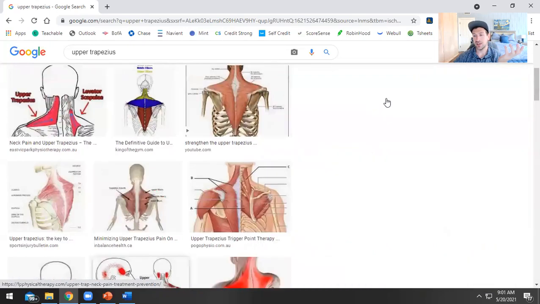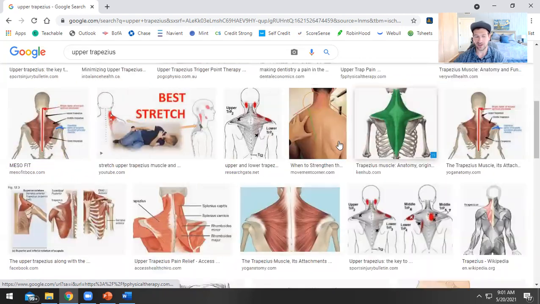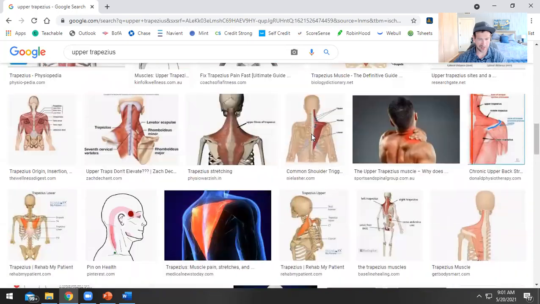You can actually see here, this is sort of a trigger point chart. If you have pain in any of these areas, well, loosening up your upper trapezius actually can have a pretty positive effect on all of this area here. But the reason for that